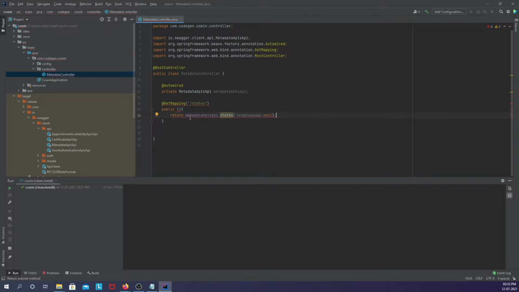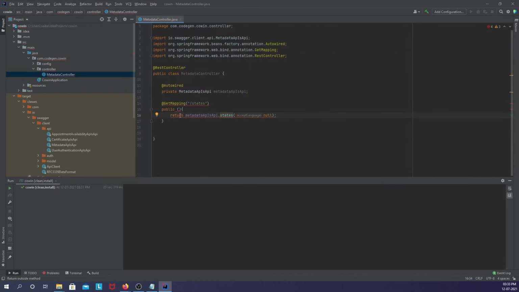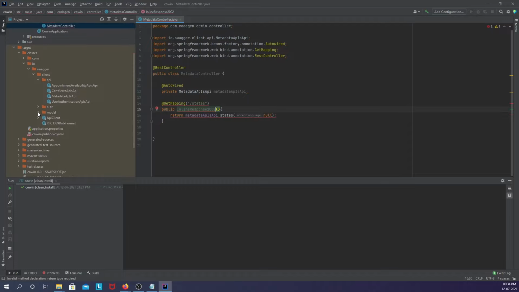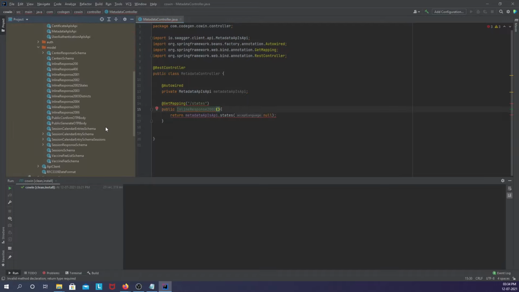For the return type, this one, InlineResponse2002. So this is also an automatically generated class. You see here, there is a section within this Swagger client named model, which holds all of the input and output objects, the DTOs corresponding to each of the endpoints' inputs and outputs, right?